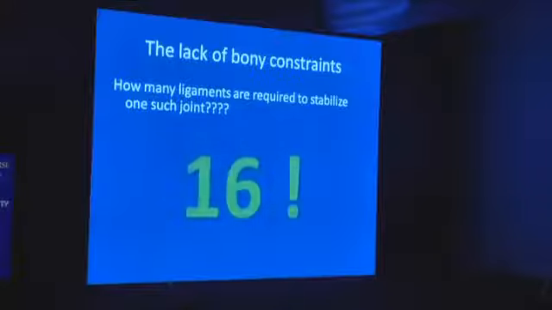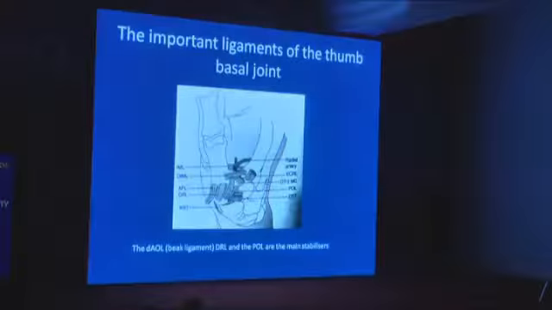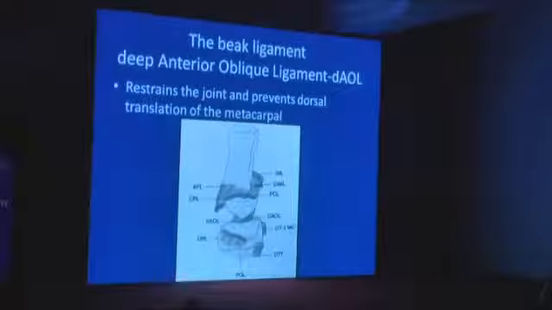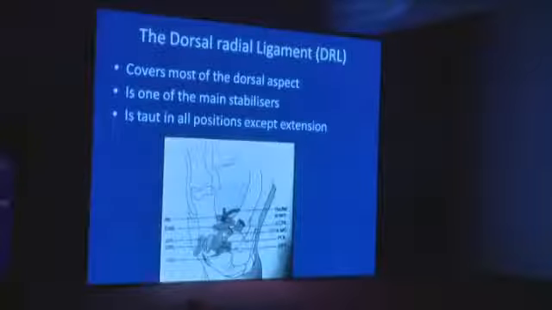So there are many ligaments required. There are 16 different names of ligaments over there, and if you start looking at them, again, the same problem as the wrist, that it's very difficult to identify these in their individual forms, and therefore you just consider the entire thing as one strong ligamentous control on the joint itself. The anterior oblique ligament, or the deep anterior oblique ligament, is one of those which normally gets involved, causing a lot of subluxation and problems. Also, the radial artery comes very close to this joint as it courses from the volar side towards the dorsum and into the first web space.